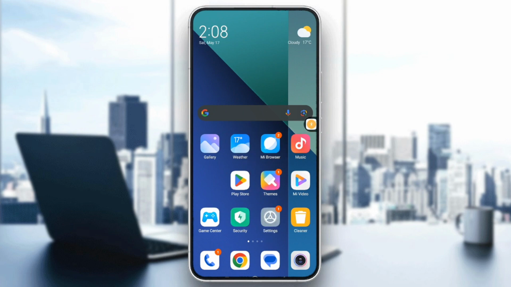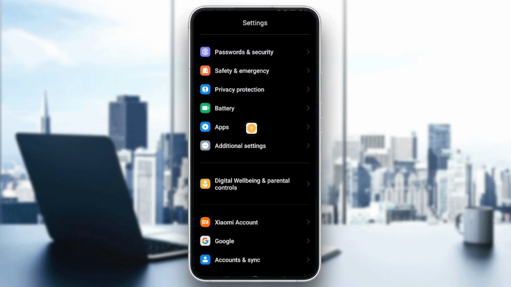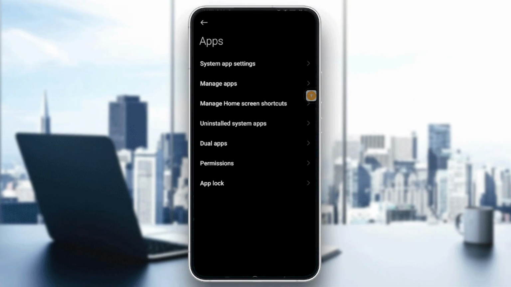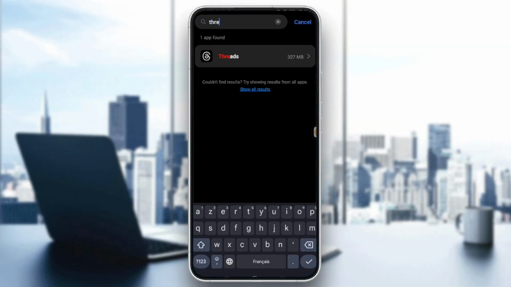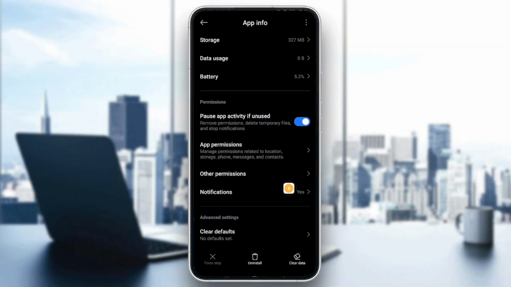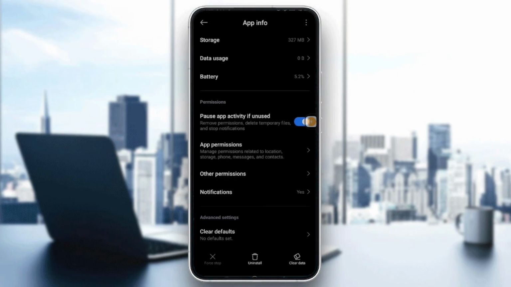If this still doesn't work, or the error still appears to you, I just want you to get through your settings, and after that I want you to scroll down and look for apps. So tap on apps, and right here I want you to go into the second option, manage apps. Tap on it, and right here I want you to look for trades app, trades, and once you get here I want you to go into clear data, and here I want you to tap on the second option, which is clear cache. So by tapping on clear cache, you will clear the cache of trades app, and it will be fixed